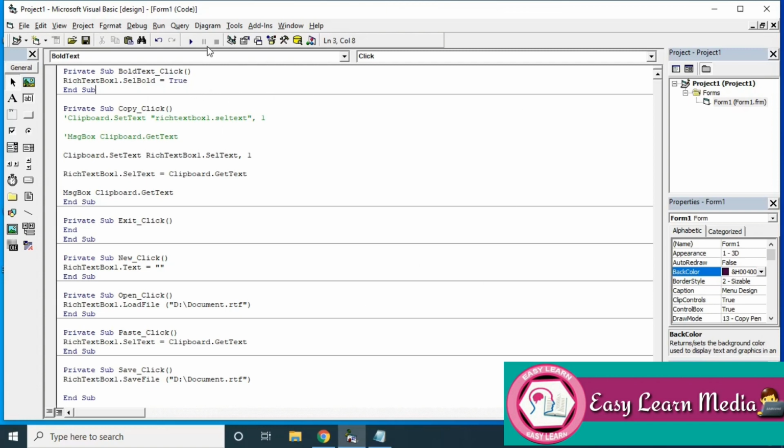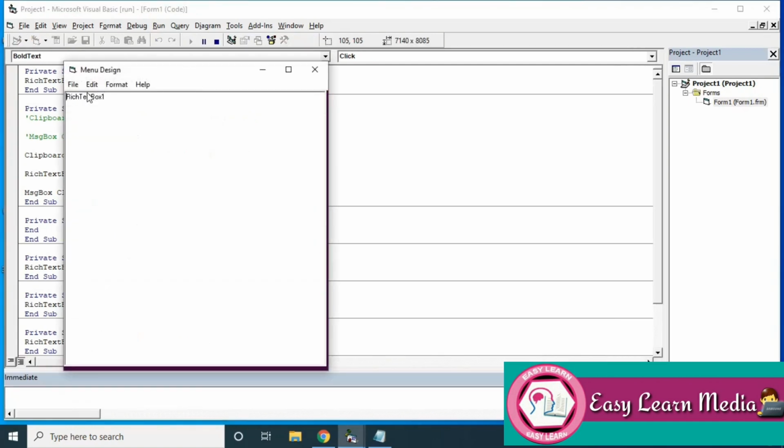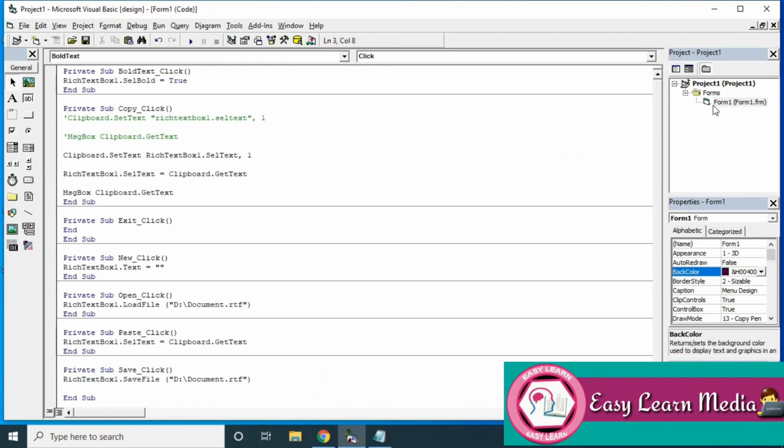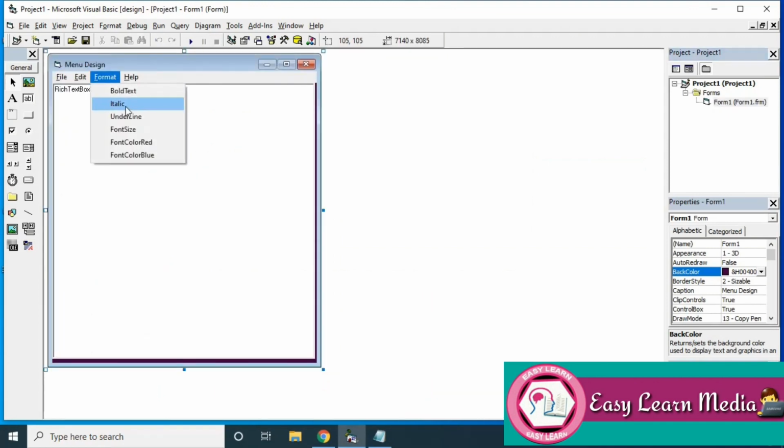That's it. By default it's false, so you can make it true. I have a text, I'm going to select a particular part. So now I am going to use bold. Yeah, it is bold, right? Similarly we can increase the font size also.